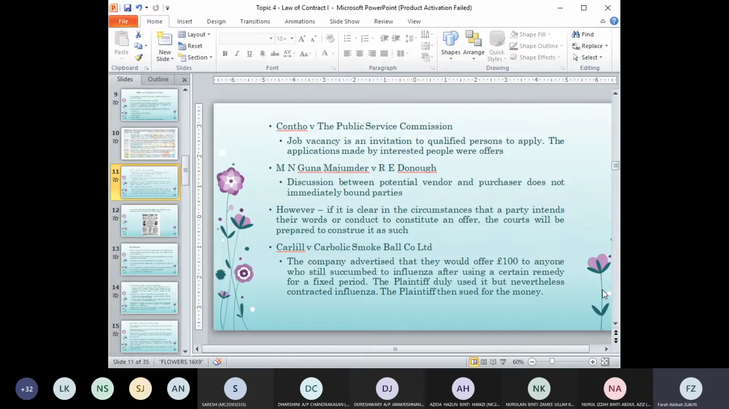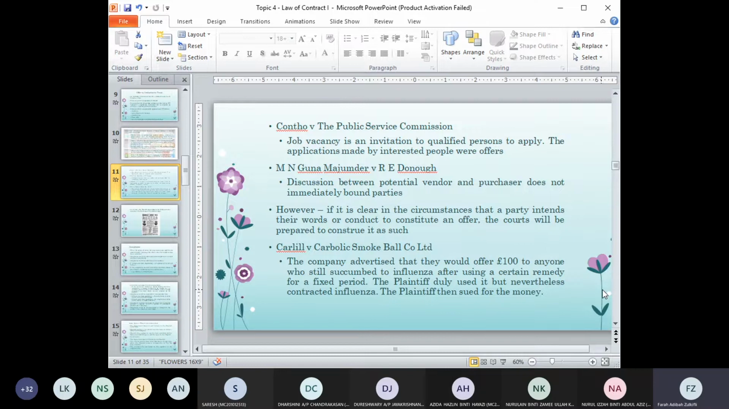Okay, so in the case of MN Guna Majumder against RE Dono, if you are still in the midst of discussion, if you are still in the midst of negotiation between two parties, it does not create an offer yet. So discussion does not bind parties. After discussion, if you are not interested to buy the item, you can leave the place, because a discussion does not bind parties. So when you are still negotiating, when you are still discussing, there is no offer or acceptance